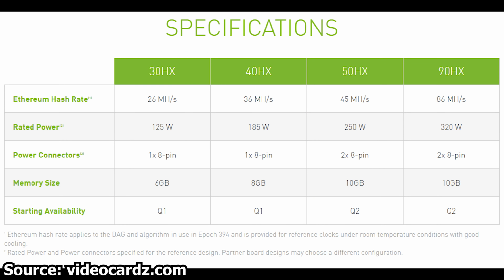And finally, we're back with Nvidia, which has recently announced the 30HX and 40HX crypto mining graphics processors. What this means is that Nvidia will manufacture graphics cards specially for crypto mining usage, and all of these cards will apparently be based on the Turing architecture. Now, this is being done for 2 obvious reasons. First of all, Nvidia saw the potential of a quick profit with the mining market, and also Nvidia can now